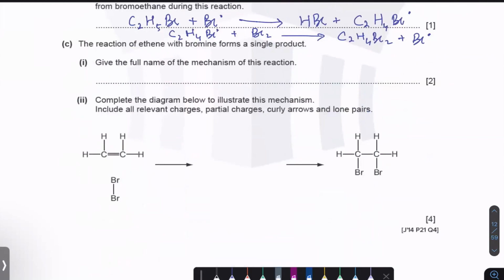The reaction of ethene with bromine forms a single product because it's addition, right? But which addition? It is electrophilic addition. I think there's only one L in electrophilic. Fair. You don't lose marks because of this. All right, now let's get to the